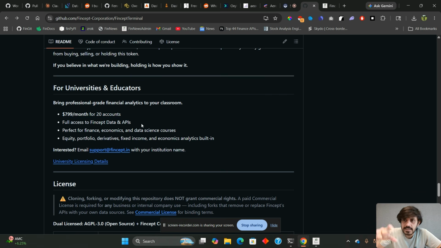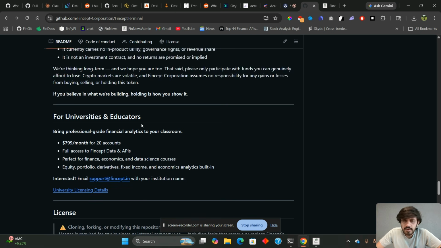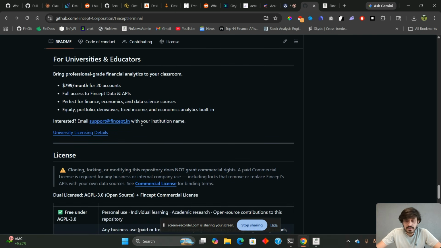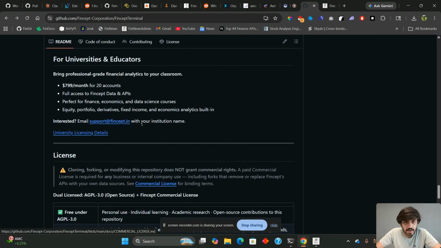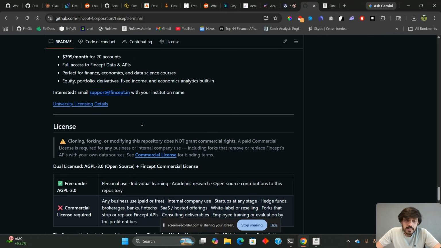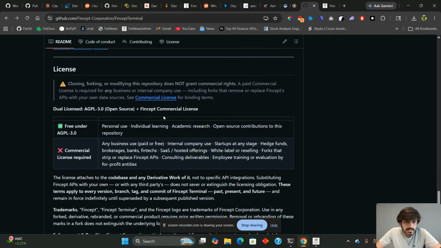We could always adjust on this and give you the most possible, because what we want is for students to use our terminal to get things better, like on the research side, and how they could use it in the industry. Coming to the next section, we have the license section, where anyone who wants to commercially use